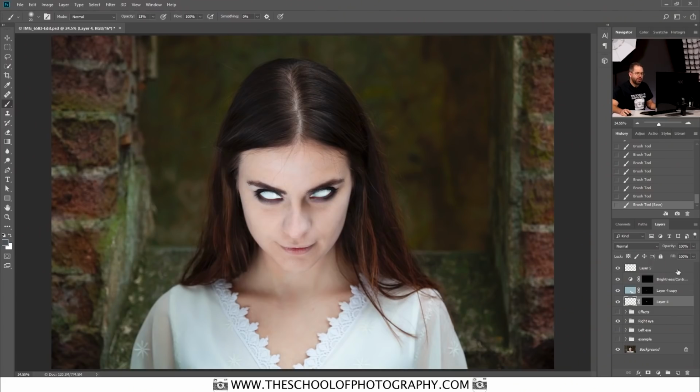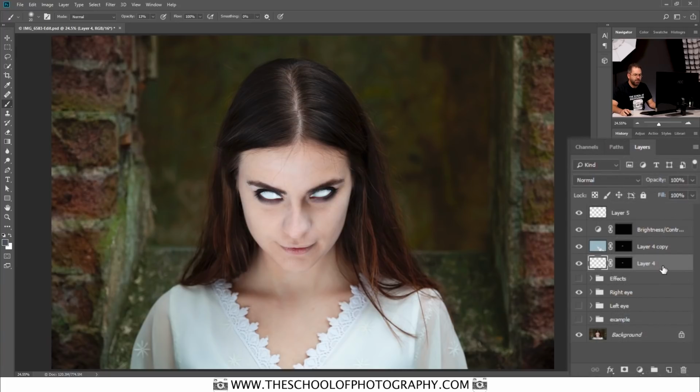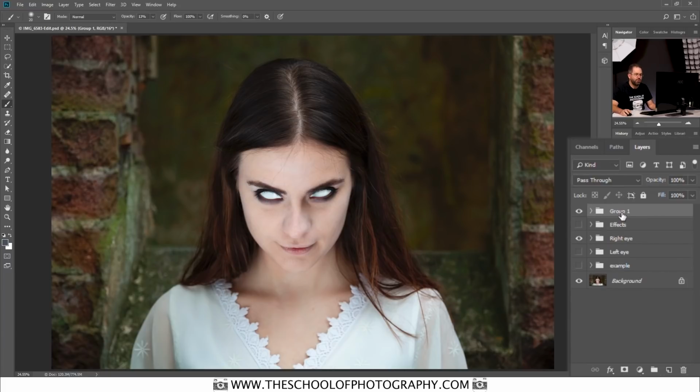So the first thing I'm going to do is group all of these layers here by holding down the Shift key. You click on the bottom one, hold down the Shift key, click on the top one, press Control and G, and it groups all of them layers. And I'm going to call this Left Eye 2,